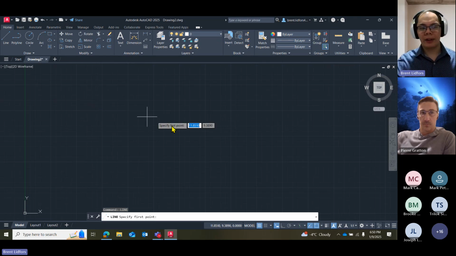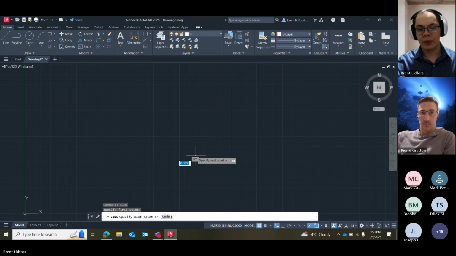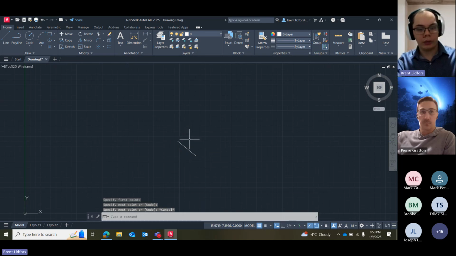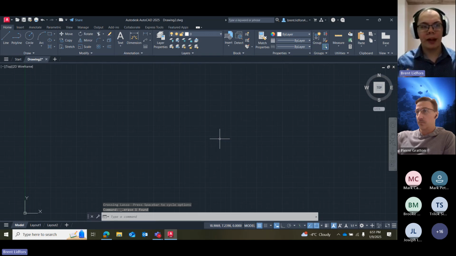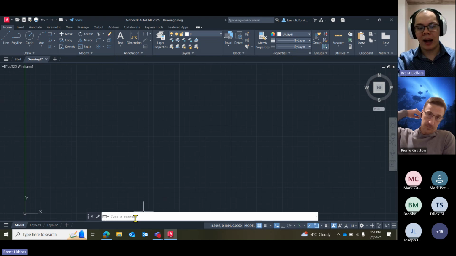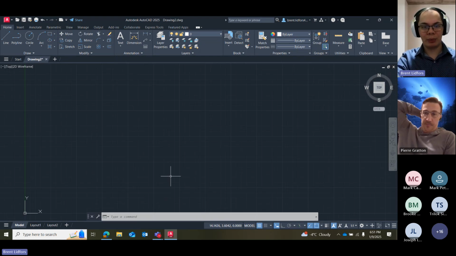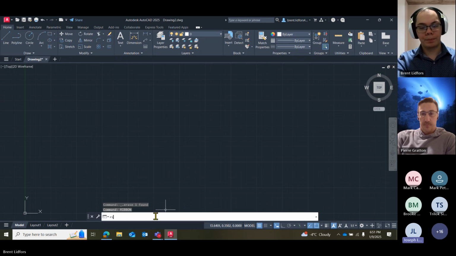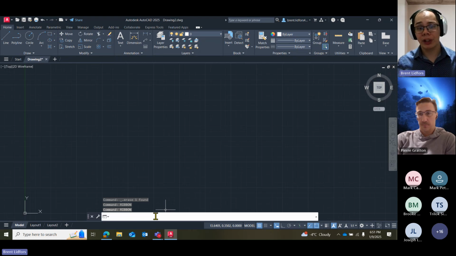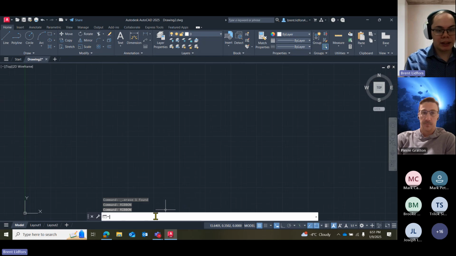The command line also lets us access settings. As we had that little issue earlier when the ribbon was missing at the top, typing in ribbon will show the ribbon again. So our command line can access a lot of settings really quickly for us, and can access tools really quickly. If I type in line here,